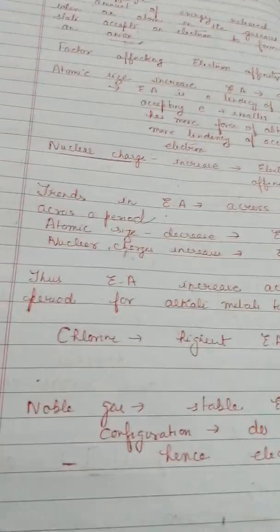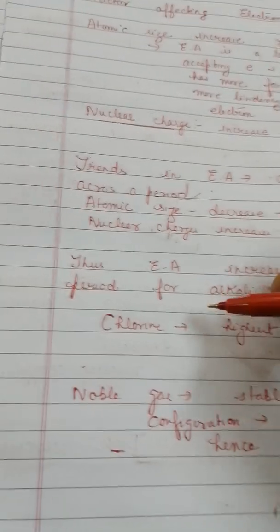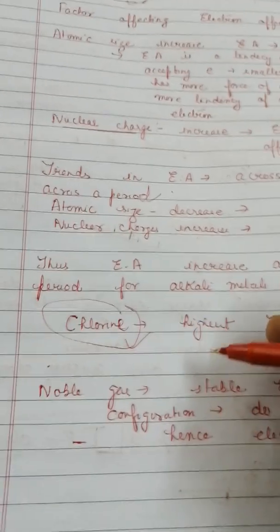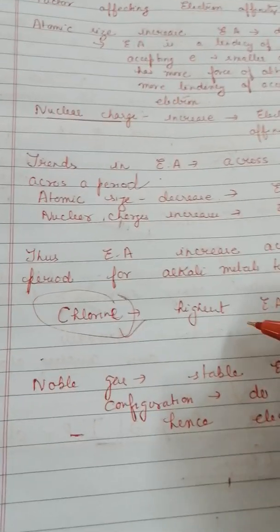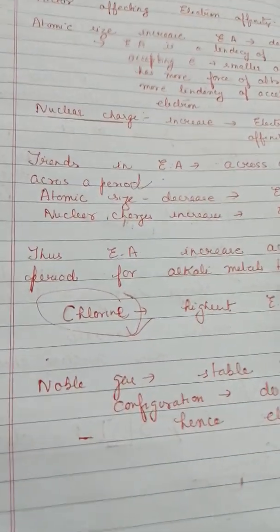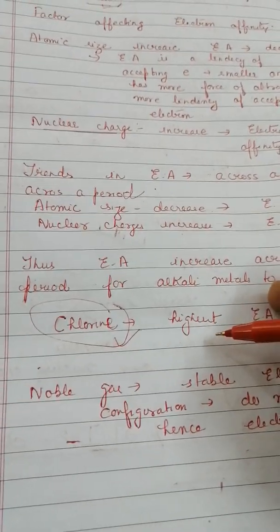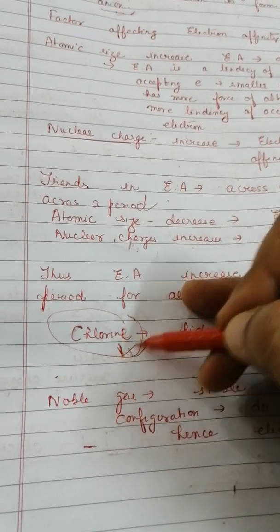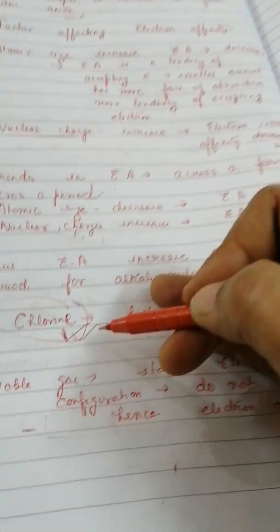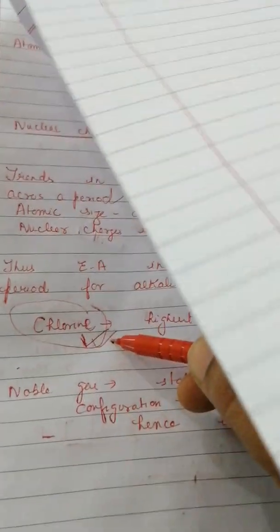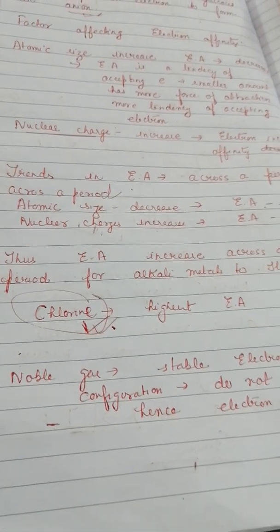Now, the element which has the highest electron affinity in the periodic table is chlorine, even though it should be fluorine. There is a reason for this. Fluorine has an exceptionally small size, because of which there is inter-electron repulsion between the electrons of fluorine, which makes its electron affinity less than that of chlorine. So even though according to the trends that we discussed fluorine should have the highest electron affinity in the periodic table, it is not so. It is chlorine which has the highest electron affinity. It is an exception here.